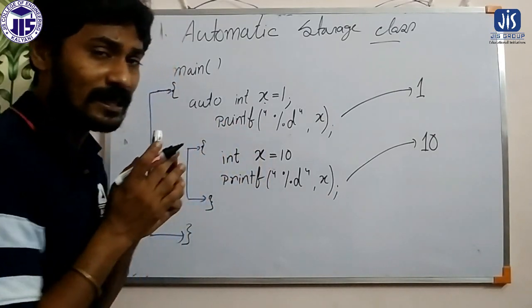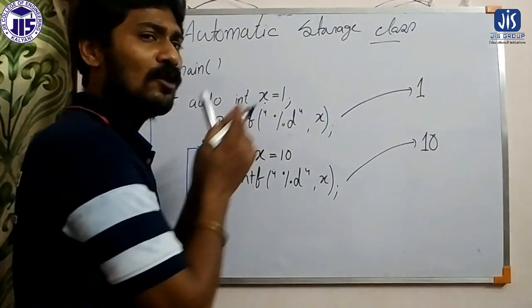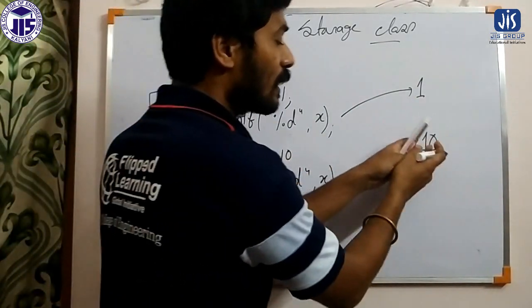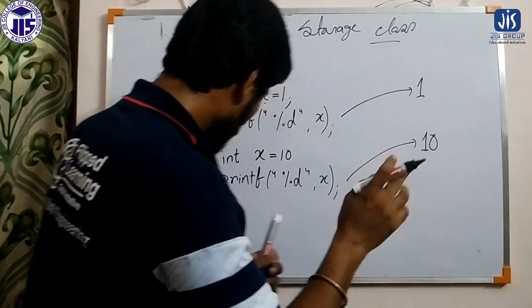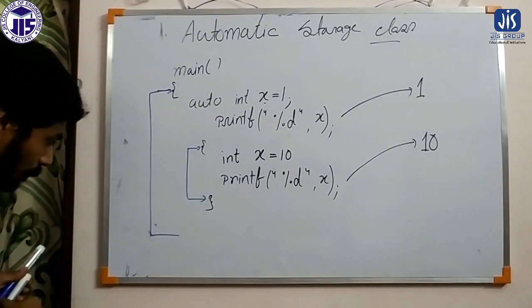So up to this is right. Here we have assigned 1 to x, that's why we are getting the value of x is equal to 1. Here we have assigned 10 into x, that's why we are again getting the value of x equal to 10. Now the question is, here before we terminate the program,